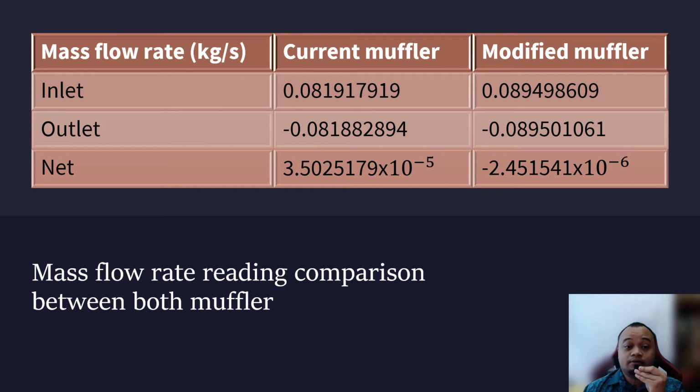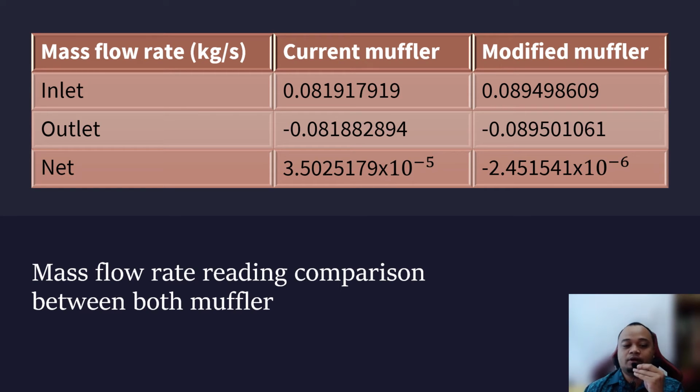For the first result, I got the mass flow rate for both the current design and the modified design. From the table itself, it is shown that the modified design of the exhaust muffler had a better mass flow rate, since it has a higher reading on the outlet compared to the inlet reading itself. Don't mind that the net value comes from subtracting the inlet value from the outlet value, which is